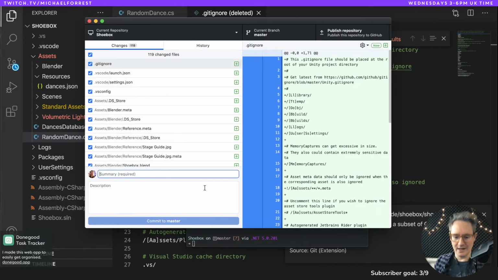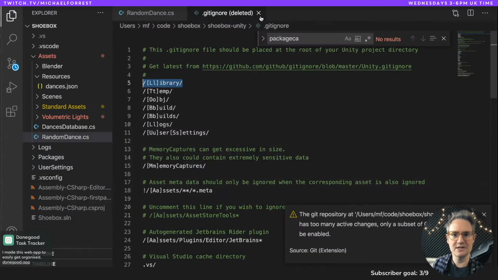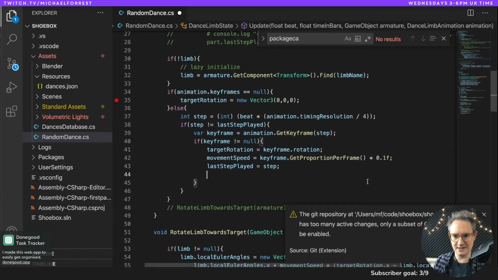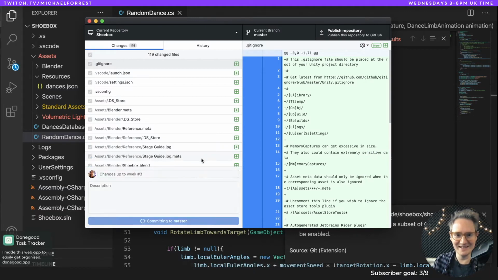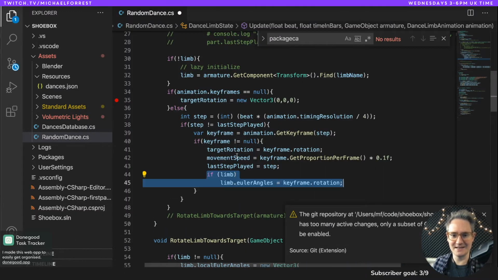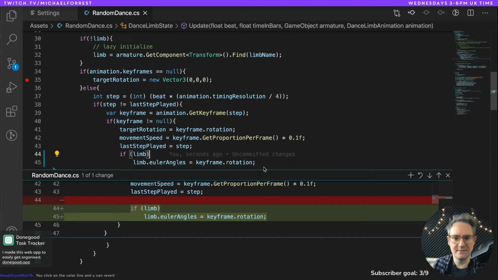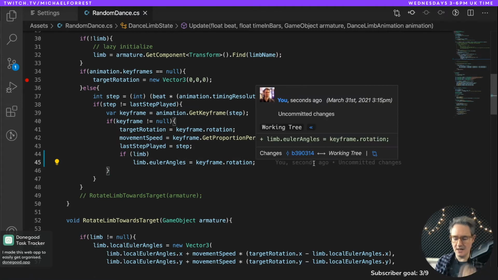Okay, so changes up to week 3, but I just want to check what I think I changed was this. So let's just do that, and then let's undo that, and then we should be able to see. So here we are. Now I can see my changes. Cool. Right, so what I did here,